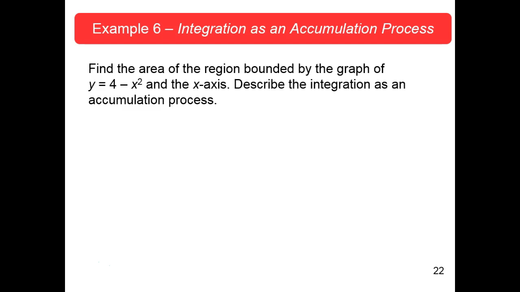Okay. So here's example 6. Maybe we'll see it. Find the area of the region bounded by the graph of y is equal to 4 minus x squared and the x-axis. Describe the integration as an accumulation process. It's what we've been doing. I mean, maybe I jumped the gun on it. I don't know, but here's your,